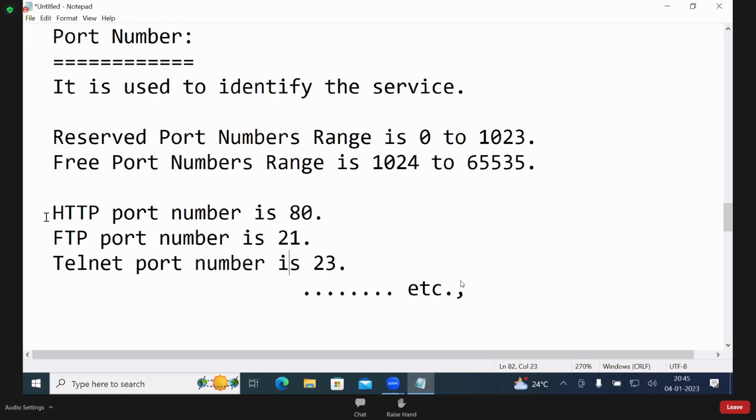These names are from the programmer's and user's point of view. This number is from the computer's point of view. If you write HTTP, the computer doesn't know it; if you write the number, it knows. But in the address bar you are typing HTTP. When you write HTTP, it is converted to 80. It knows the number 80. Then it will transfer hypertext from server to client.